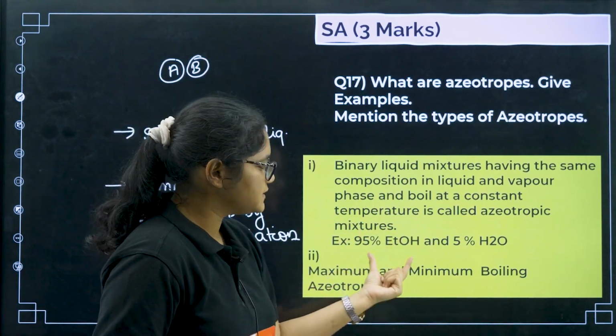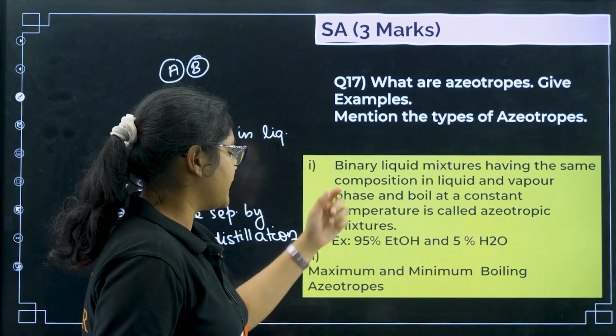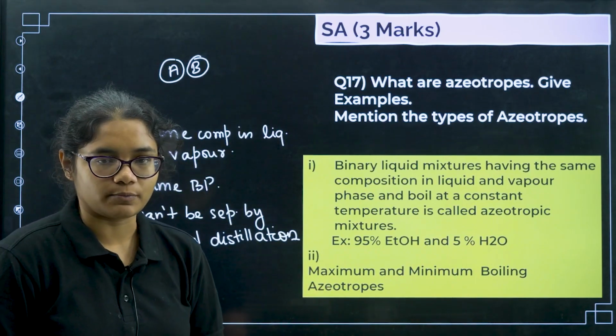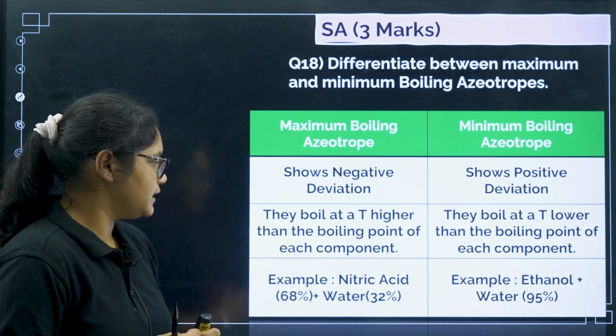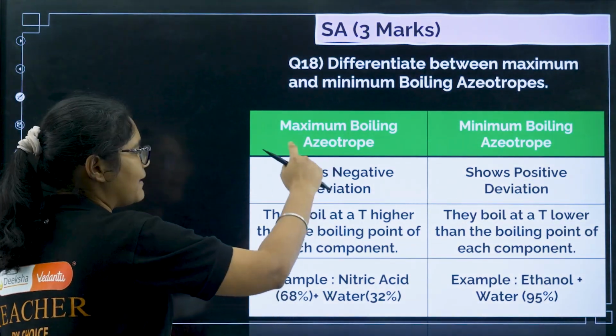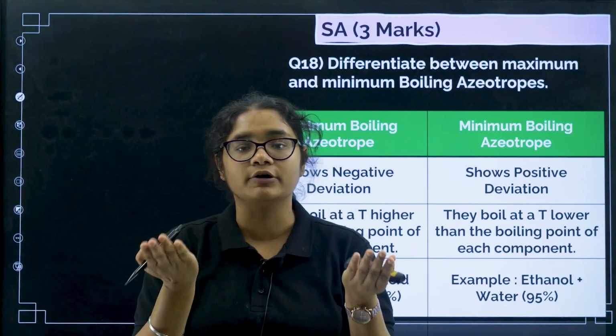Example, 95% ethyl alcohol and 5% water. Okay. Now what are the types? We have two types. One is maximum and another one is minimum boiling azeotrope. Okay. Now coming to differentiate between maximum and minimum boiling azeotrope. So here you remember, maximum boiling azeotrope means the boiling point is more than the boiling point of both the